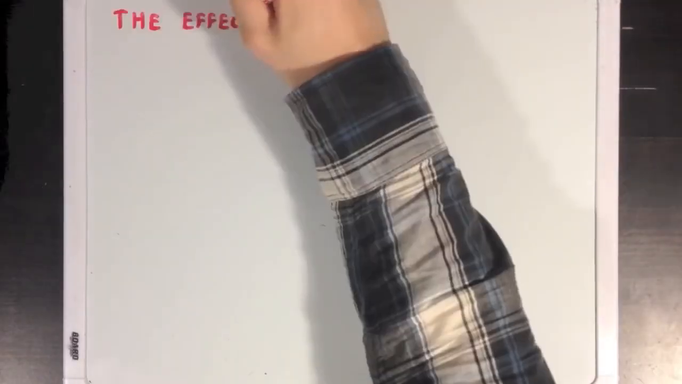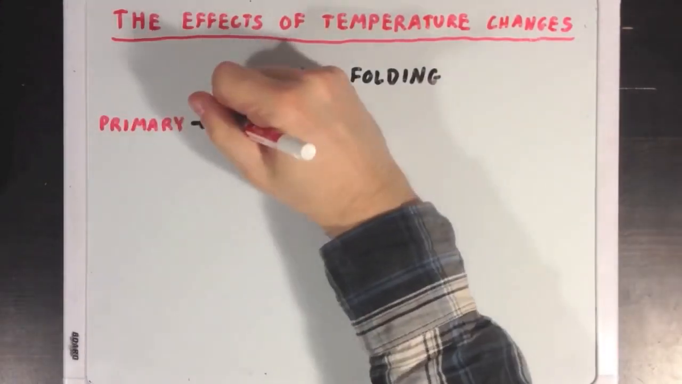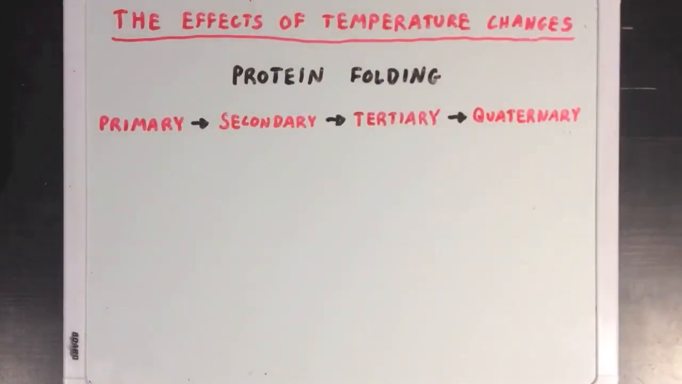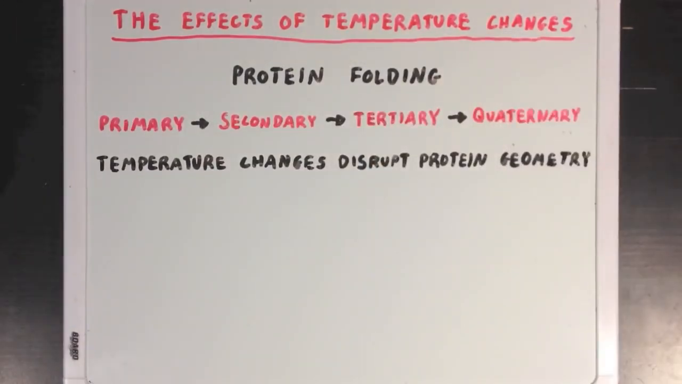So now let's take a look at the effects of temperature changes on enzyme function. So remember that proteins need to fold into their secondary, tertiary, and possibly quaternary structures in order to be in their functional form, and significant changes to a protein's temperature can disrupt a protein's folded geometry and cause it to lose its functionality. If we have our same person from before who's really hungry and really wants to eat, but